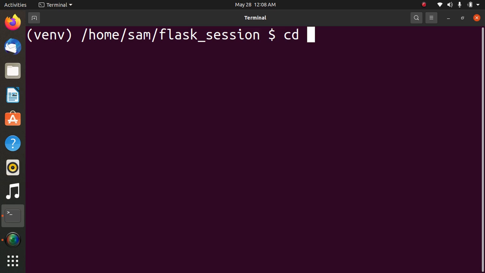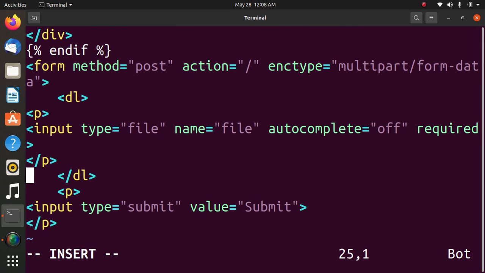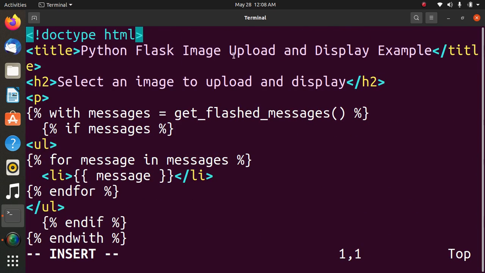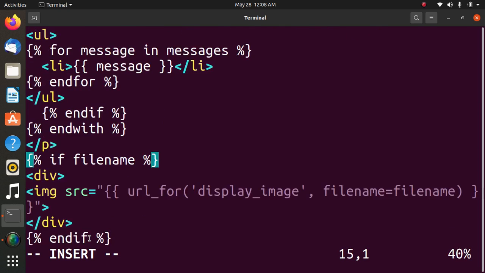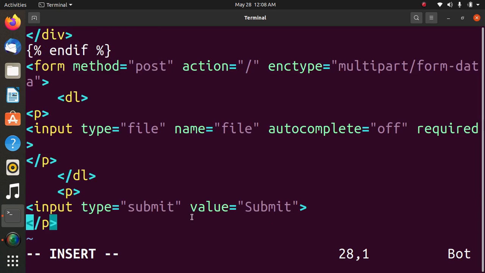We will see first HTML file. Doctype means we are dealing with HTML5. Then if statement is there, end if, then src, the file name and the display image, which image, and the file name, the image file name. Then method post means the request will be coming from post method. Multipart means I want to upload the file, and submit button.